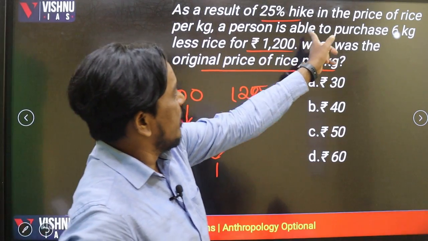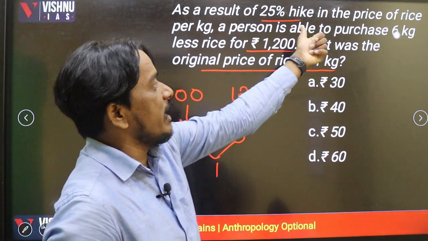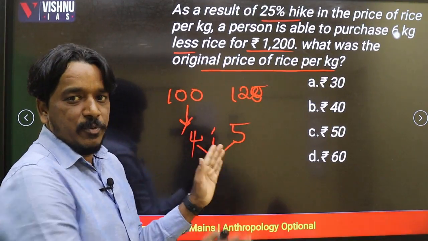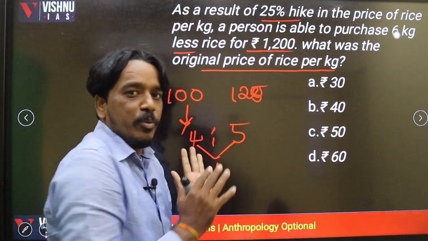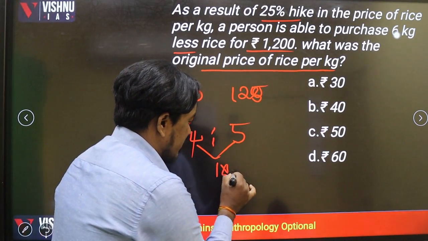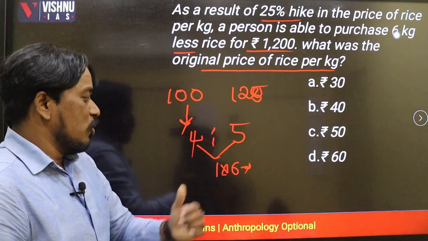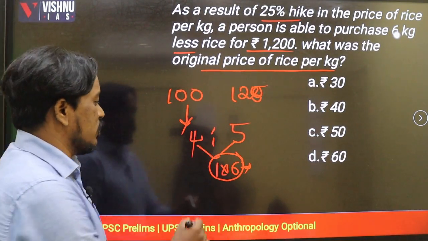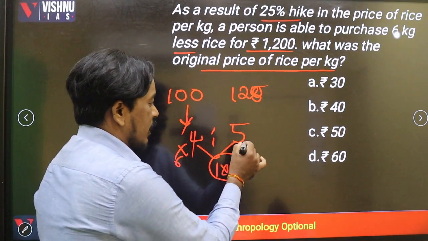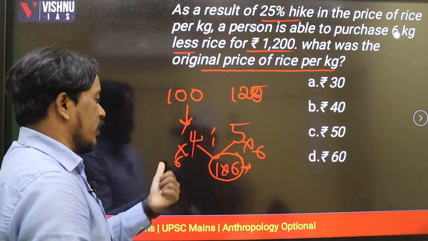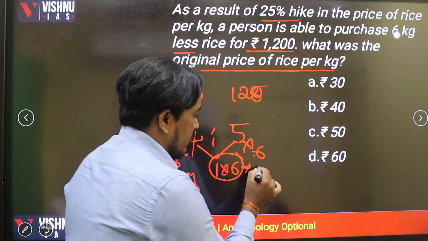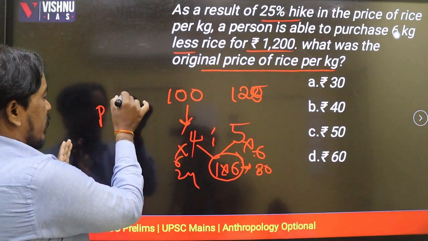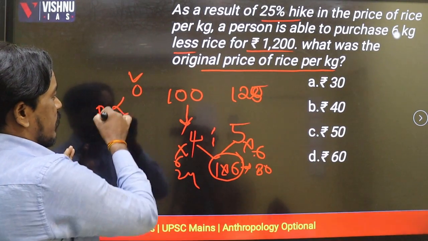But how much is he able to purchase now? See, the person is able to purchase 6 kgs less. So one part is the difference from this particular situation to the new price. So the difference, if you multiply with the 6, it is equal to 6. Similarly for this also, if you multiply with the 6, you will get the quantity here. Here actually 24, here we will get actually 5 into 6, 30. But actually price to quantity, we are getting inversely proportional.